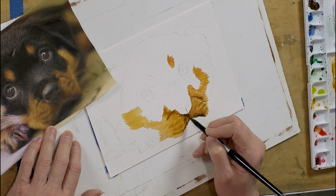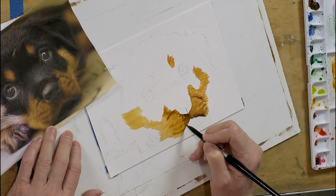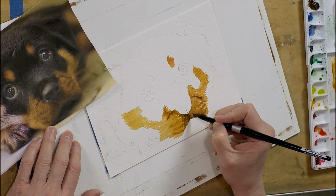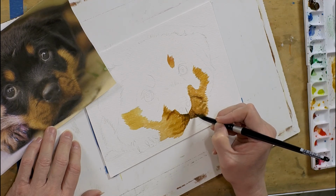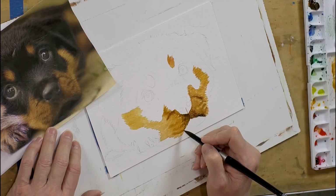And this whole area is kind of dark, but it's just little tiny strokes. Don't just fill it in, guys. It looks so much better to have all the little strokes on top. You're just kind of building up all these little layers of hair, right? So